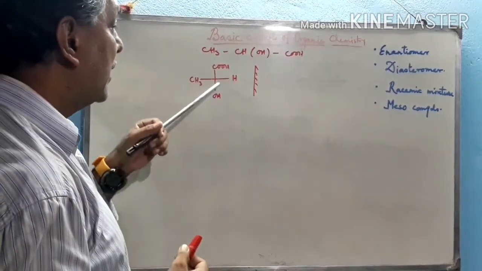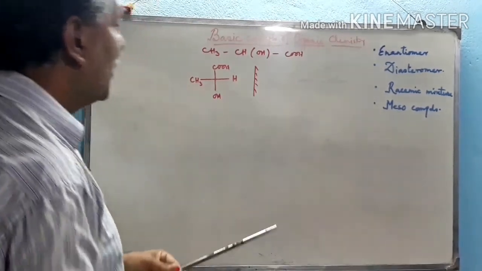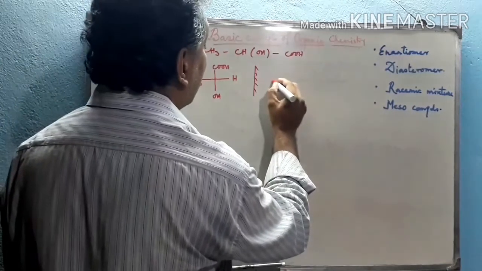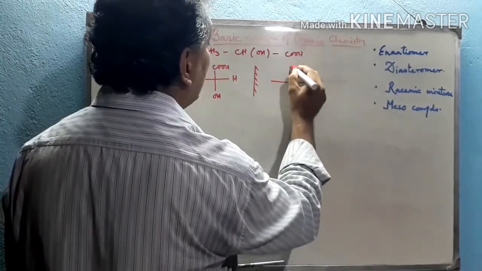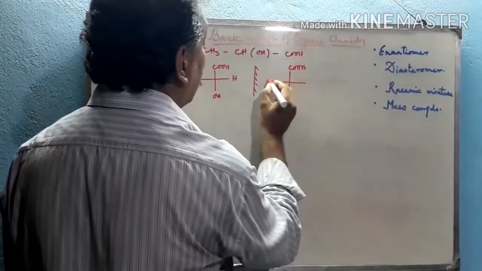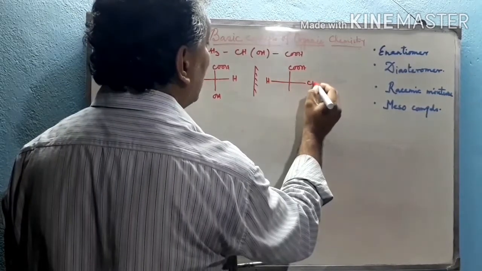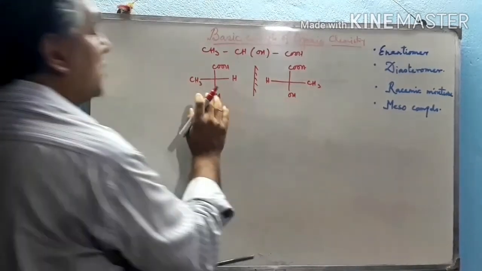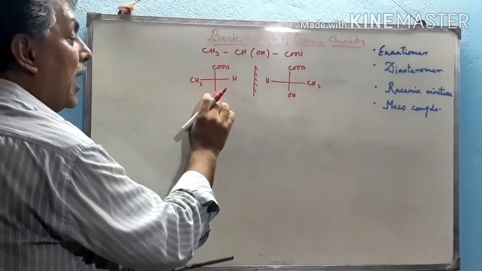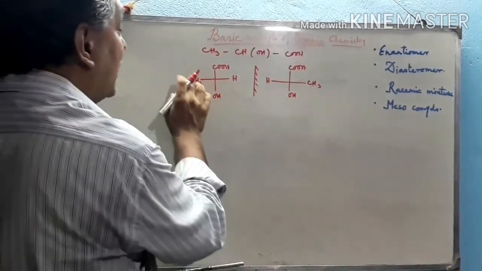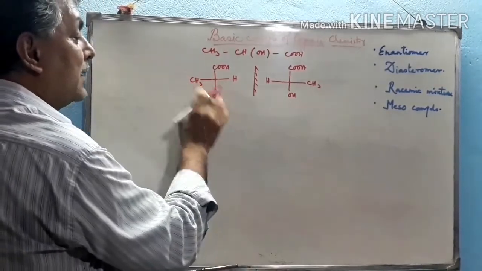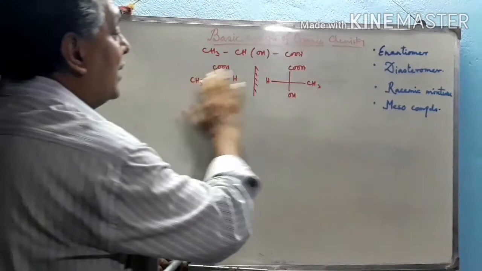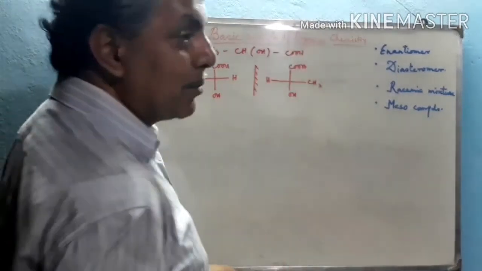One is the chiral center. Number two, non-superimposable mirror image. See this structure. If we draw this, then COOH is here, but H goes to this side. CH3 will be inverted. OH remains here, but also will be inverted, because these are sp3 hybridized carbon and oxygen atoms. Here this is sp3 hybridized carbon, and this is sp3 hybridized oxygen. So the direction will be changed.